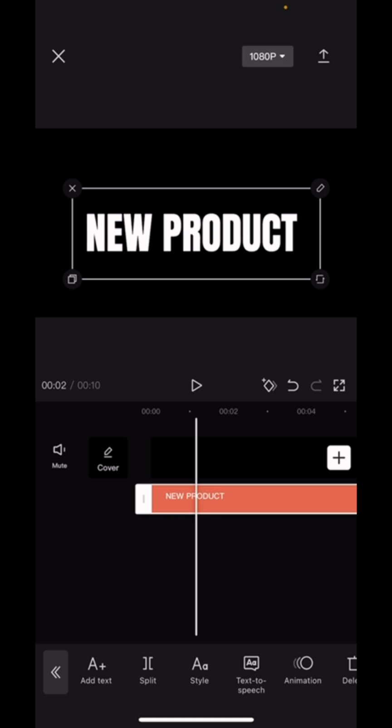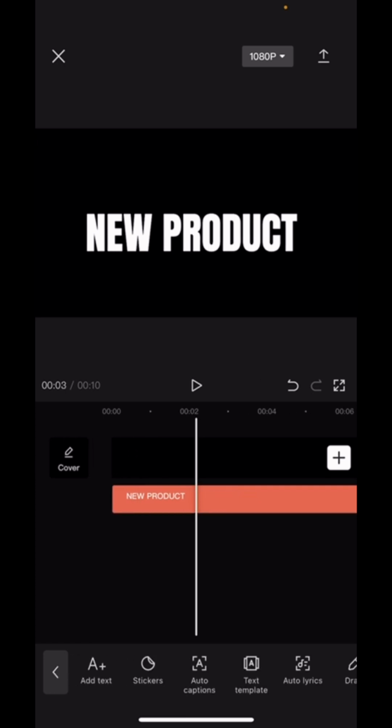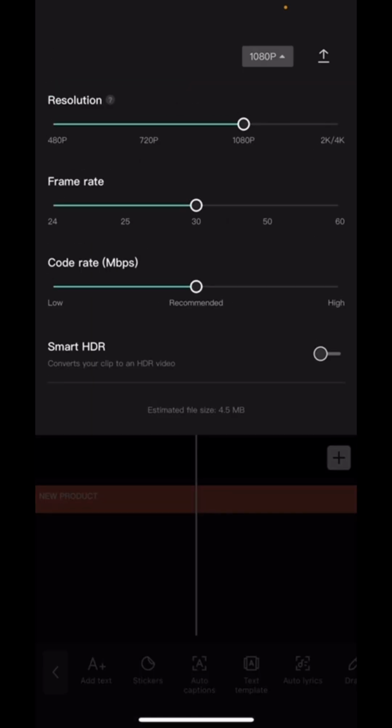So we need to use the mask option to do the reveal, and here there is no masking option. So what we do is download the script first, right? So tap on this